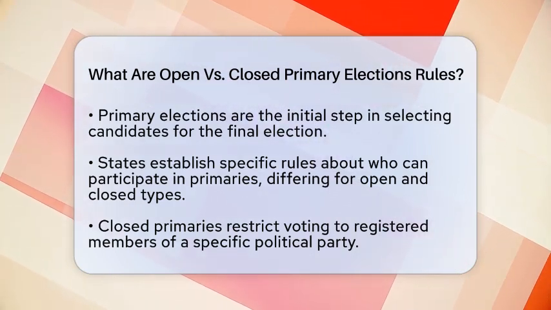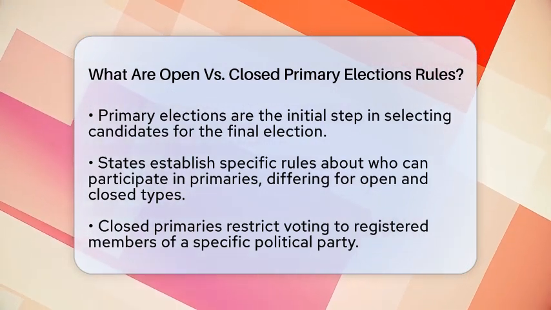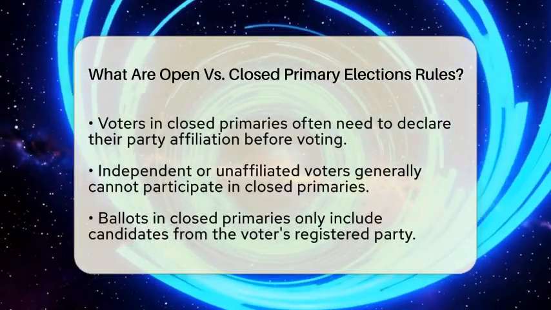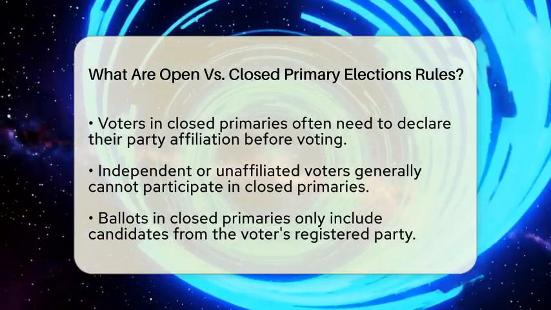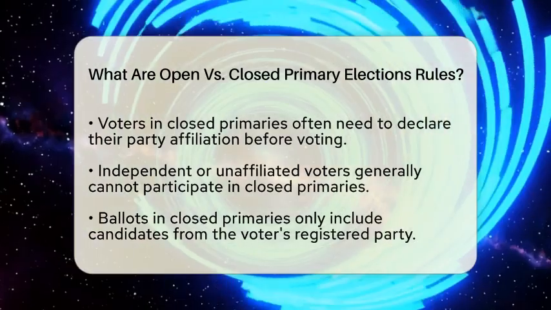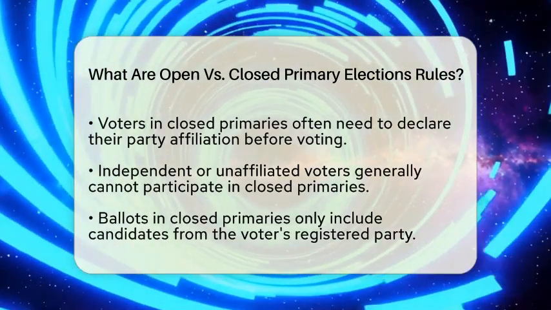In a closed primary, only voters registered with a specific political party can vote in that party's primary. For example, only registered Democrats can vote in the Democratic primary, and only registered Republicans in the Republican primary. Voters usually have to declare their party affiliation before the primary, often when they register to vote or by a